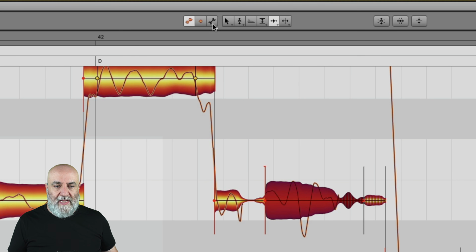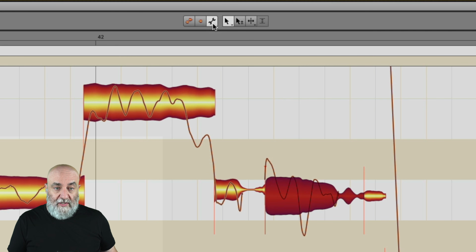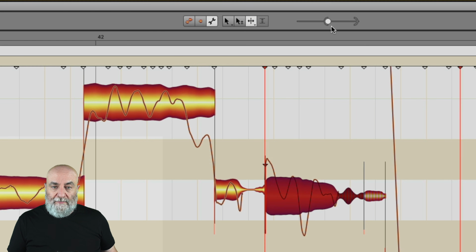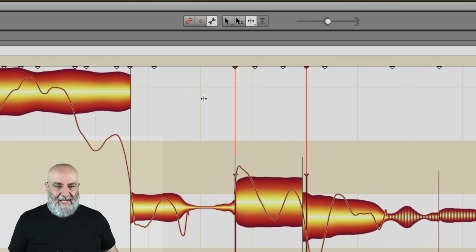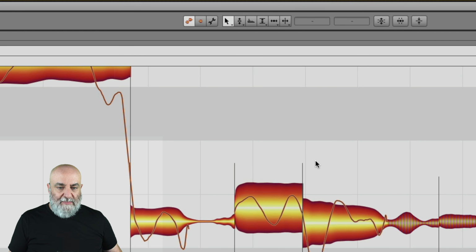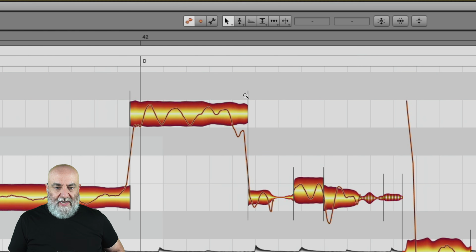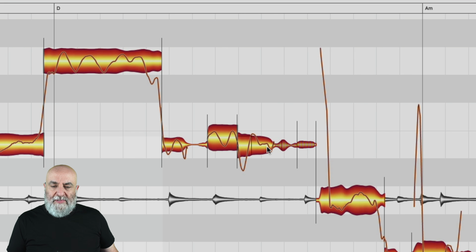So this is a case where I might come over here to the wrench to note assignment mode. And then by coming over here to my note separation tool, I've already moved my potential note separations, that's these triangles right here, to the maximum number. And here I can see one where it starts to drop off a little bit. Right here is a separation of right where that level starts to change. So I'm just going to come over here to make this tool and double click and add in that separation right there. Let's move back to the edit mode right here, and you'll notice these blobs moved, but I want